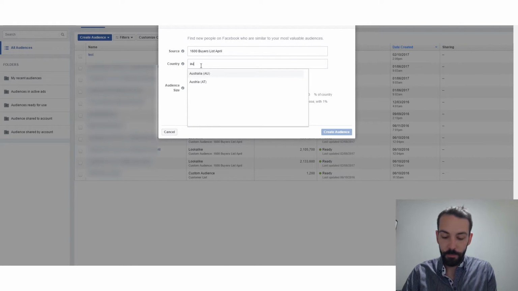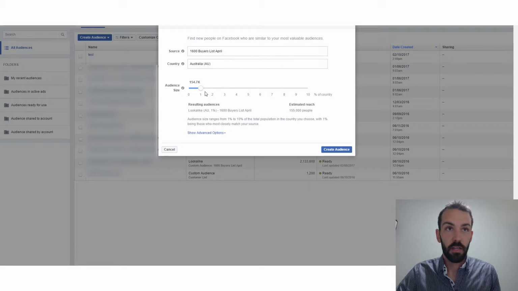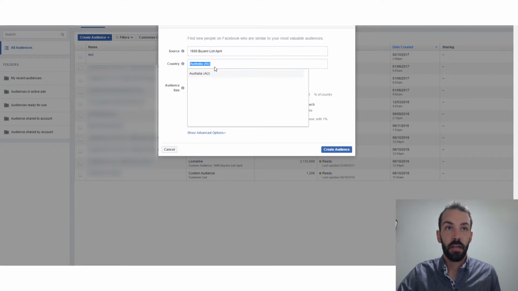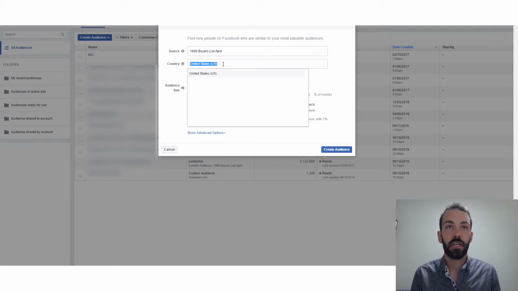To give you an example, as you know from my accent, I'm Australian, so we'll select Australia, and the 1% audience, which is the most targeted audience, is 154,000. But if I change that to the United States, which is a far larger population, it's 2.1 million. So if you're in different countries, you'll understand now why that lookalike audience size is different to perhaps what you're seeing on my screen. So I'm going to stick with America,